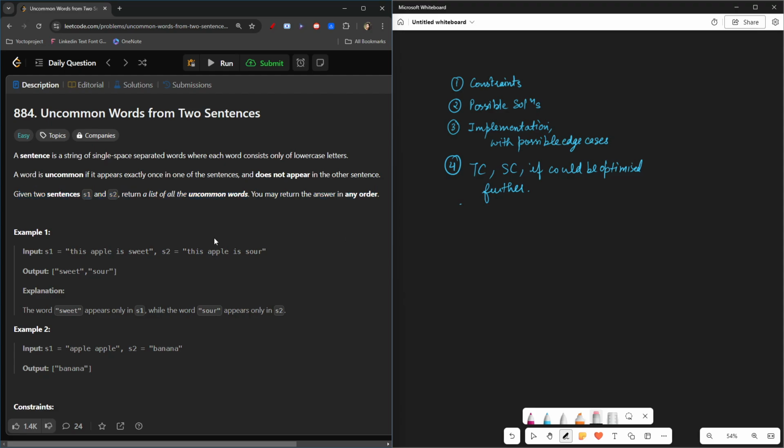So now the thing is that you are given two sentences, and we need to check out of these two sentences what are the words which are common and what are the words which are not common, and we are required to return those uncommon words as the answer. So that is a pretty much straightforward question, and as we can see it is an easy tagged question, that's why it would be pretty much